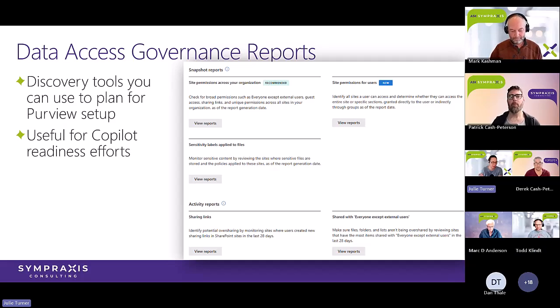Orchestry has a bunch of these reports and activities. Mark, I remember not too long ago us looking at some Orchestry reports about permissions, and sharing links specifically, and going, oh wow, I didn't know we did it that way. Oops. And we have that stuff pretty well together. So even for a site or an organization who has a pretty good handle on their permissions, sharing, and governance, there might be some surprises in these reports. So it's definitely a good thing to look at.